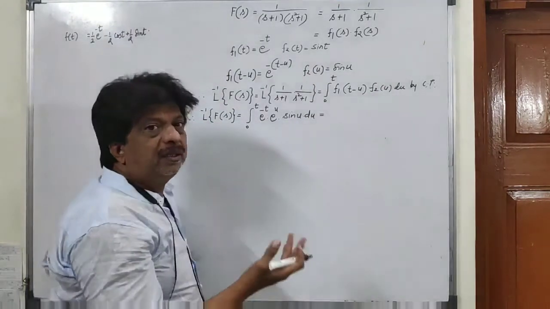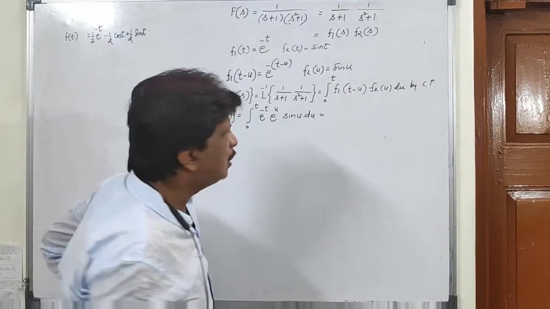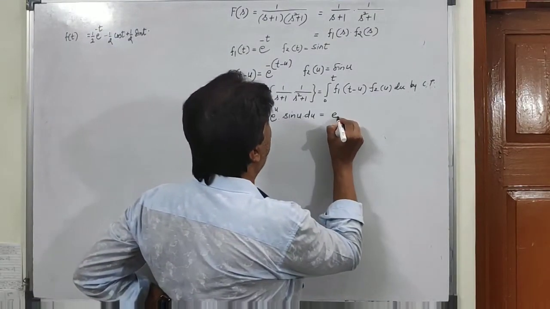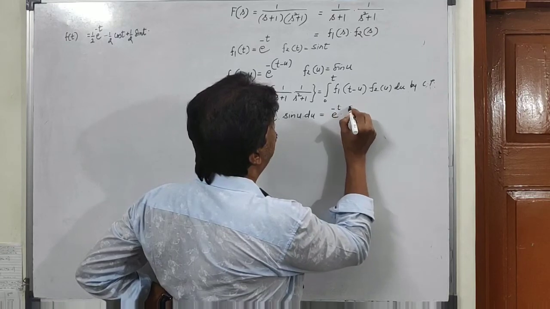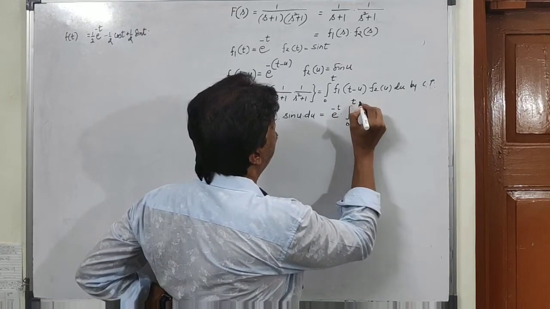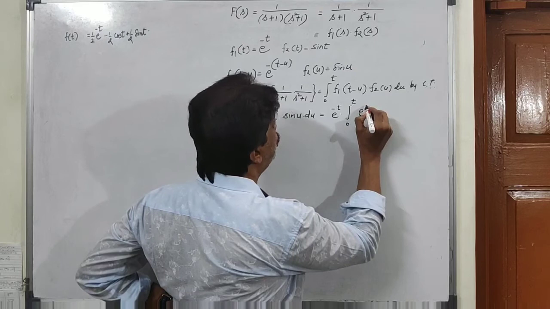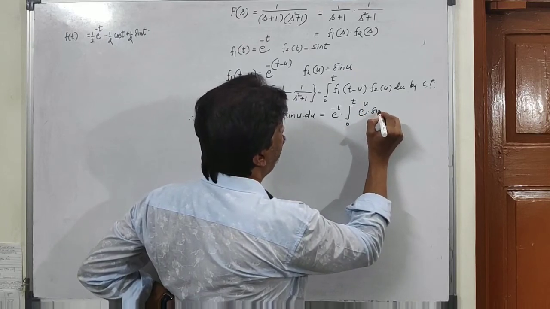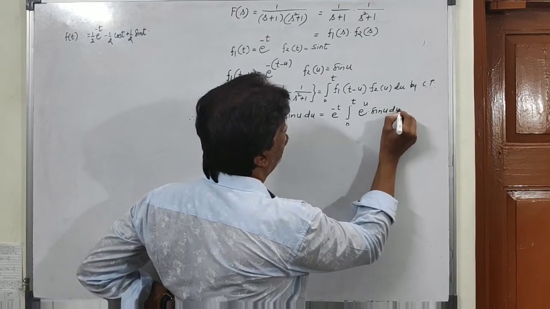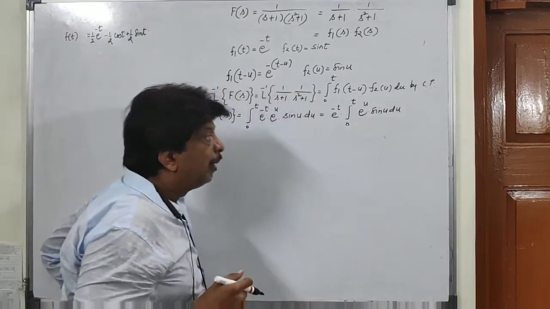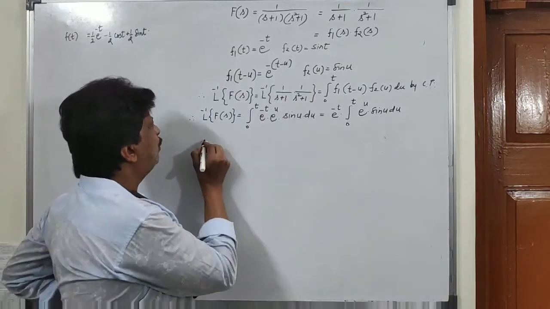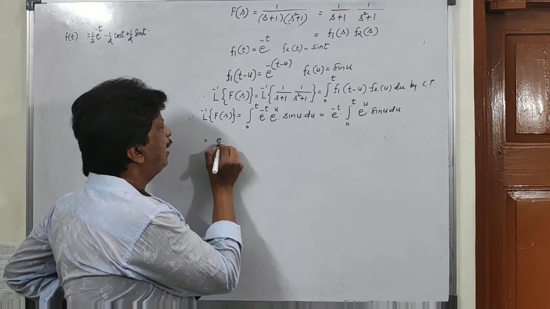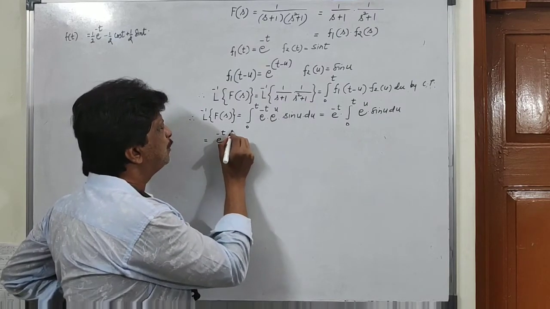So e raised to power minus t is, of course, a constant quantity. So e raised to power minus t times integral 0 to t e raised to power u into sine u du. So that is further equal to e raised to power minus t times